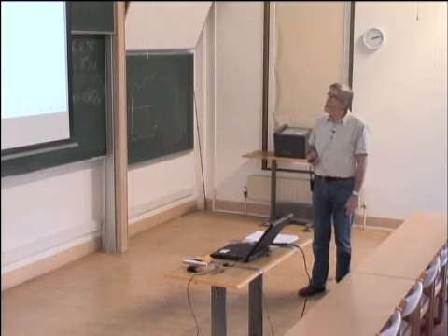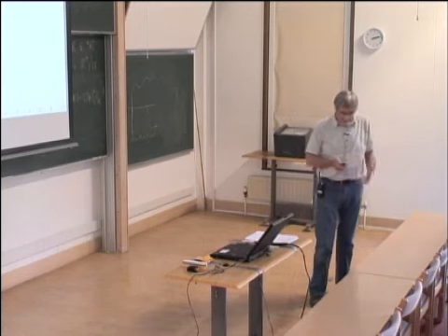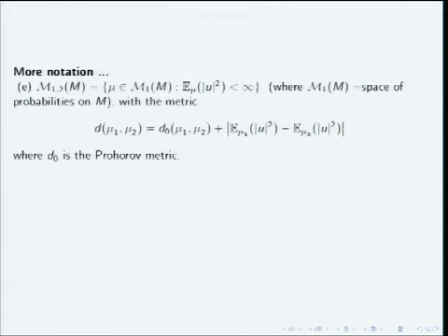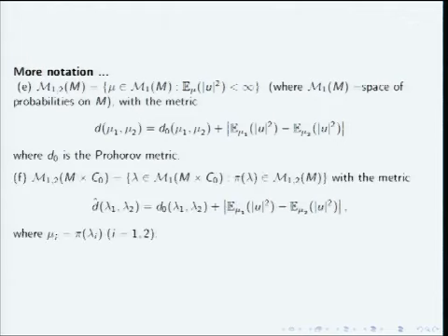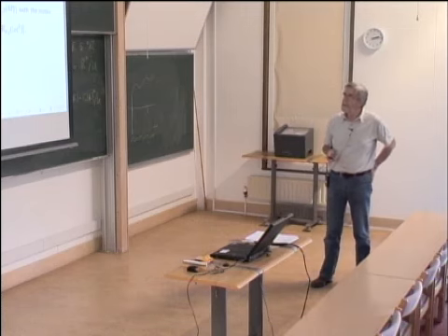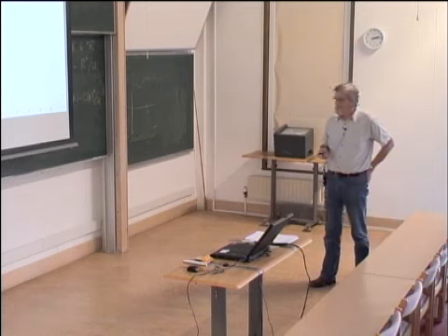And then a bit more notation, because we want actually some metrics on these spaces of measures, spaces of probabilities. These are the appropriate metrics. The space of probability measures on the path space, the distance being the Prokhorov distance plus this other term here, and the same with measures on the product space. This is all just some of the technicalities. Don't worry too much about that.